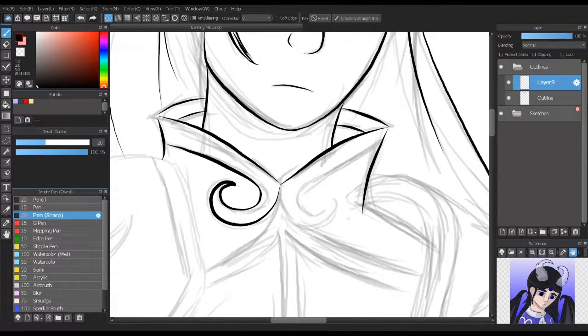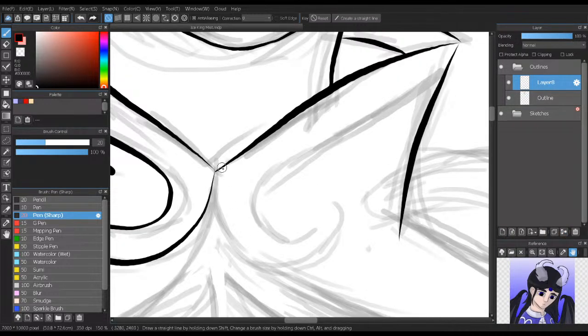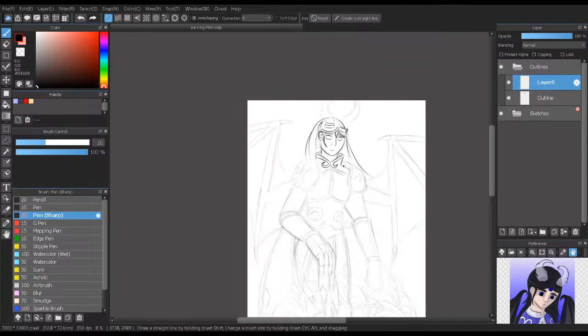Alright. I think that's good enough. And now we do it for the other side. I feel like these aren't symmetrical, but there's not a whole ton I could do about it with, you know,